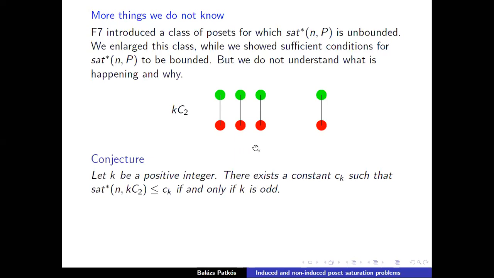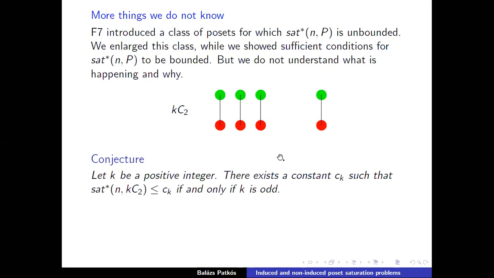So this is a poset on 2k elements. They are just k pairs. So this one is smaller than this one, this element is smaller than this element, and so on. So if you wish, this poset is the one whose Hasse diagram is a matching of size k. And we conjecture, because this is what we obtained from computers, that